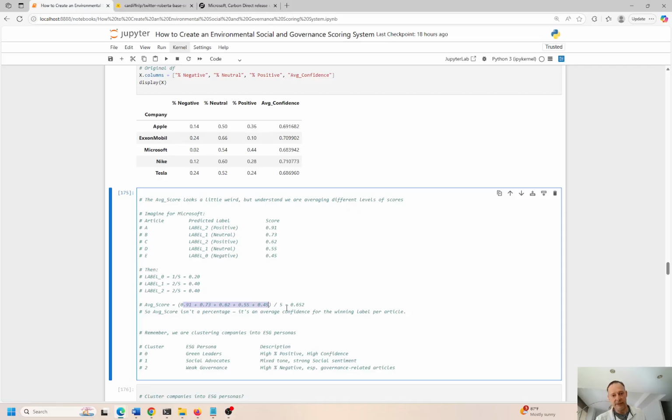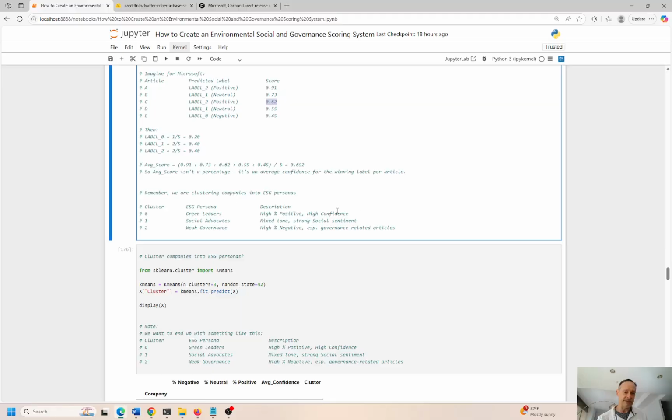That's where you get the 0.62 from. So that's the 0.62 in that example. So it's pretty straightforward, but there is just some very basic math that goes on behind the scenes to construct these average confidence scores. So the ESG persona is either green leader, social advocate, or weak governance, right? And based on the cluster it goes into, that's how the description is